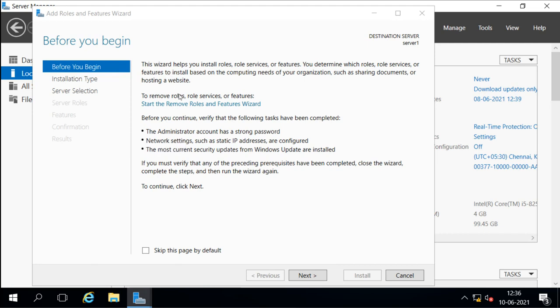If you don't want to see this every time because you have read it once, you can select this option to skip this page by default. So whenever you start the installation for any roles and features, it will not show this page again and again. Once you have read this, you can skip it. Then you will say next.